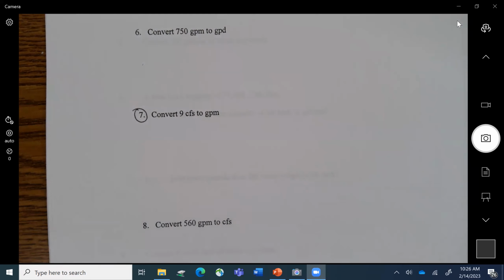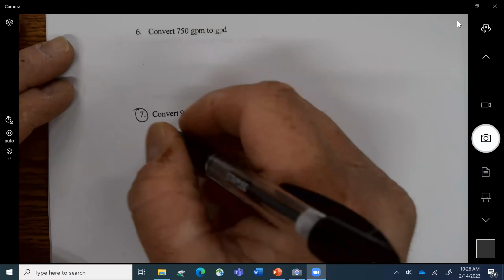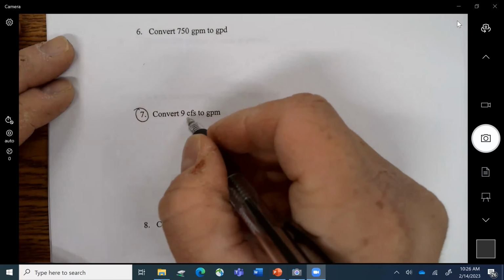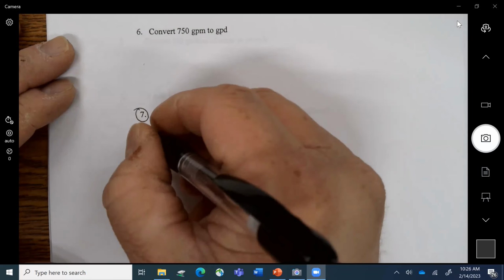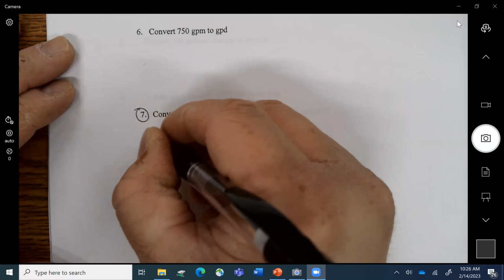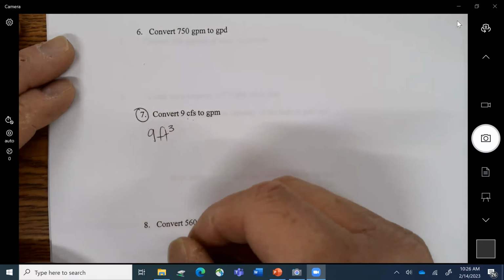There are often double units, meaning like grams per this or something like that. So how does this work? I have 9 CFS. CFS stands for 9 cubic feet